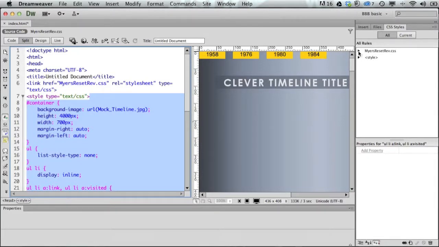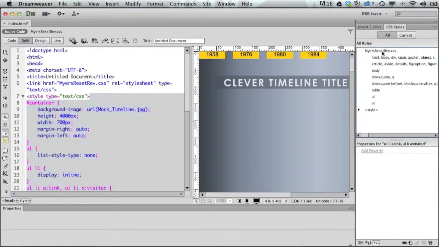And now I have two over here. If I look at my CSS styles, I have my Eric Meyer rules in here, and I also have my styles that I've added to this page. And because I only have one page, I'm going to leave them all inside the document itself. So before I make my rollover state for this, I'm going to push this navigation down under this